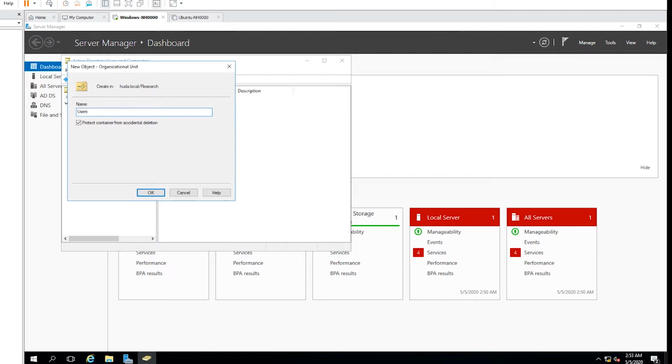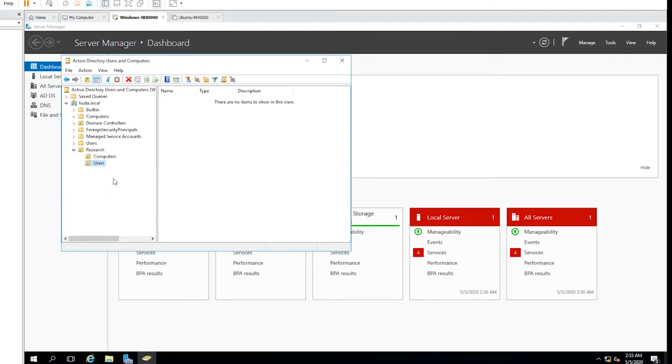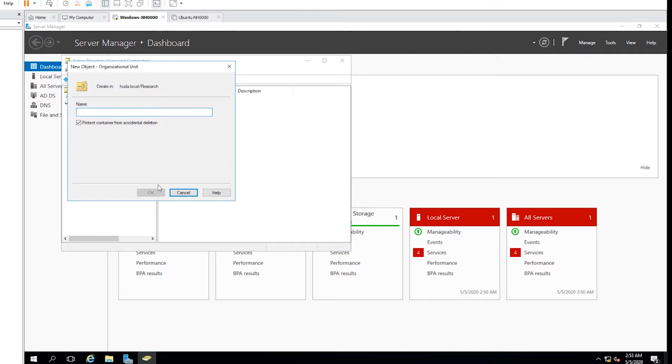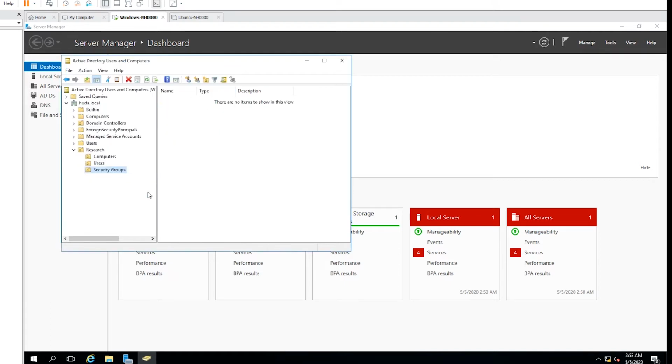for users, and one more New OU, security groups. So I have created a new organizational unit, Research, and under the organizational unit Research I created Computers, Users and Security Groups organizational units. Next I select the user OU and I'm going to create a new user under this